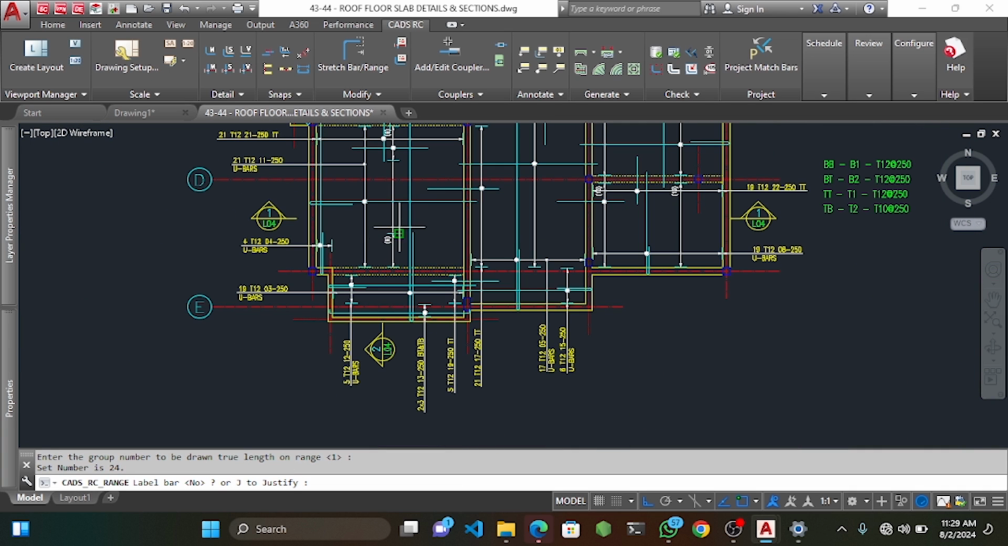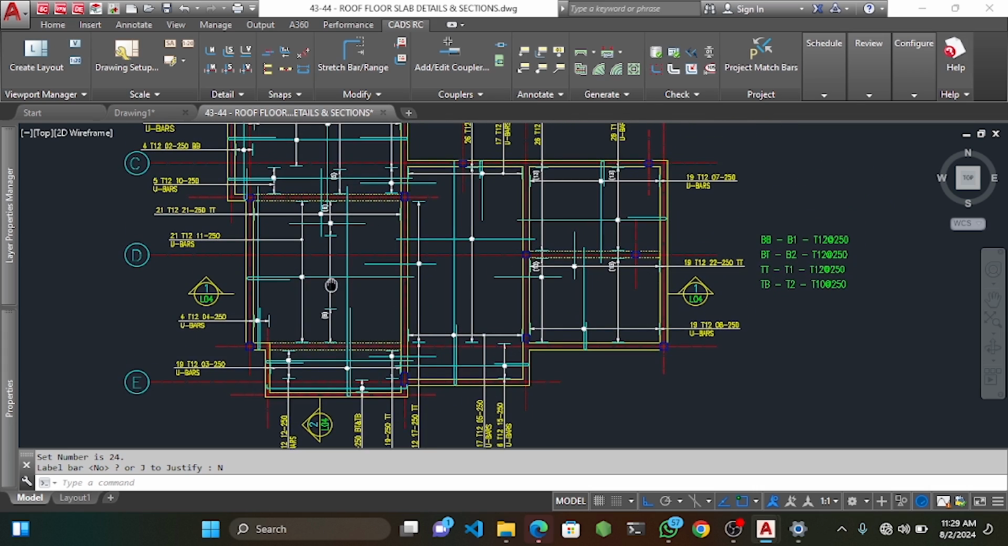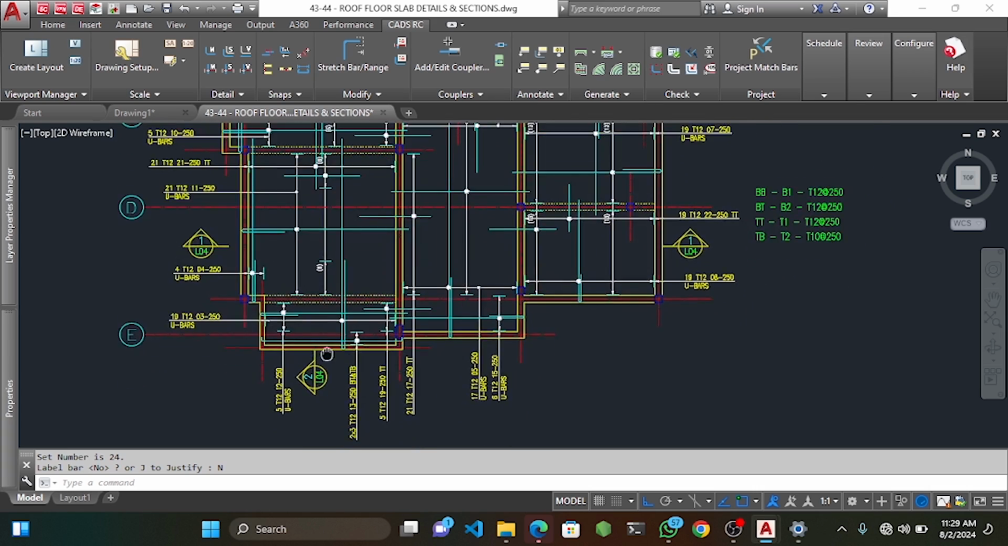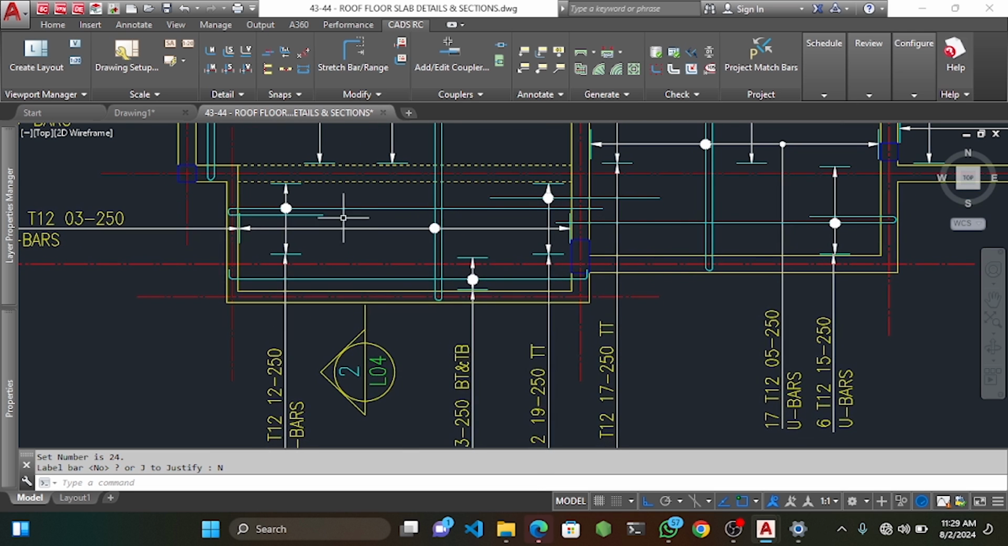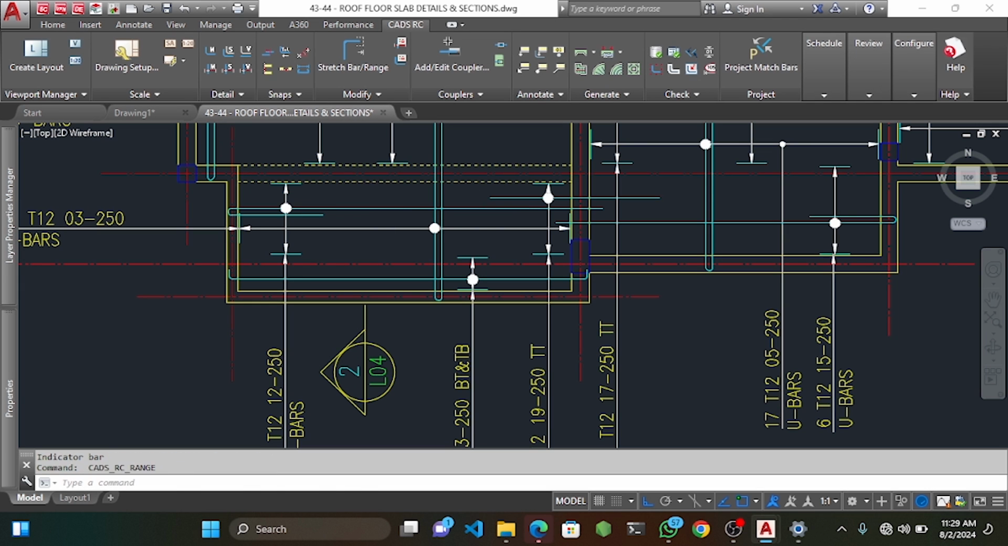Do I want to label it? I'll say no for now. You can choose to label it, or you can decide to just label at the end. So for this last part here, I'll repeat these two. For this one I can just pick the single